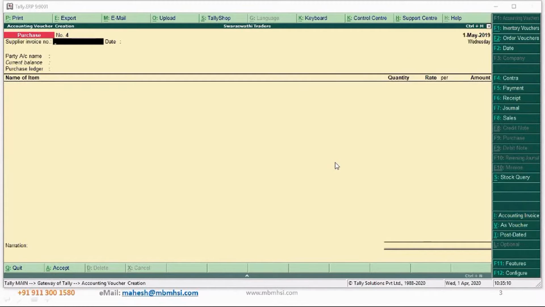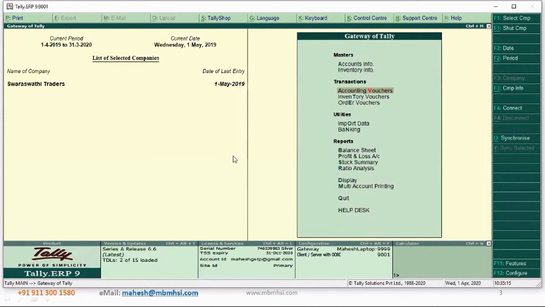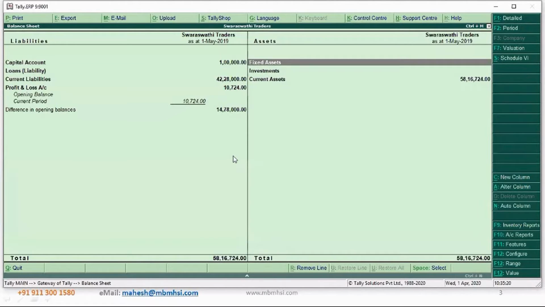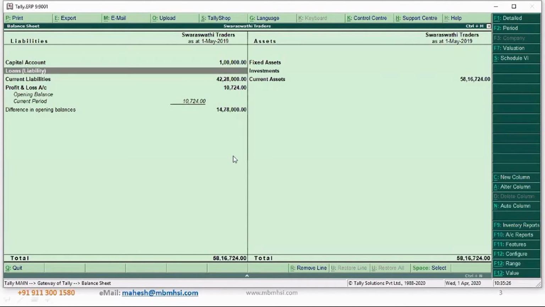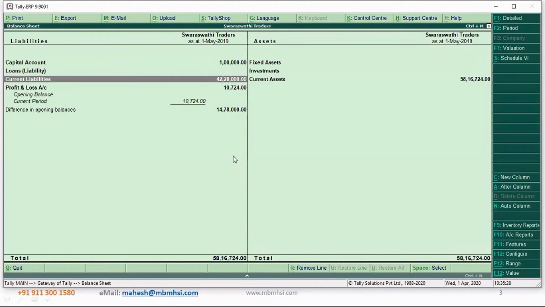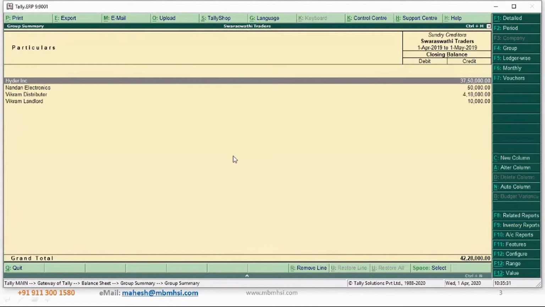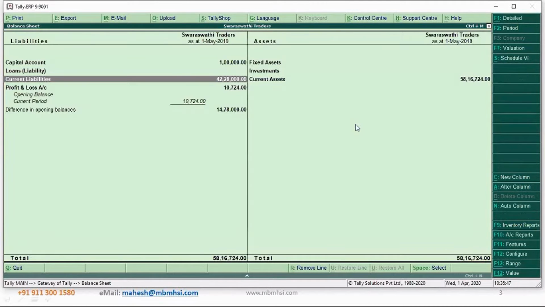Before we move on to making payment, let us look at what are all the reports that you could see. If you go to your balance sheet, is there any effect? There is no effect in my balance sheet. Of course, there is the supplier Haider Inc. It is showing that I need to pay him 37,50,000, because for all our accounting purposes we use base Indian rupees. We don't use US dollars, right?